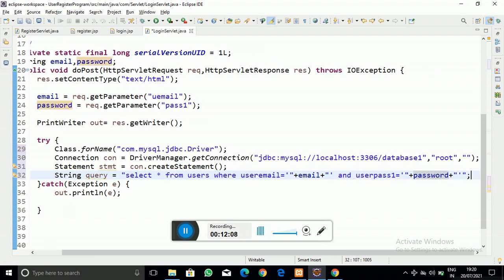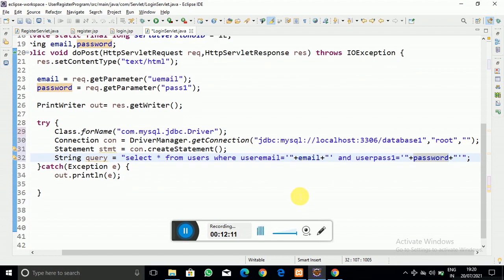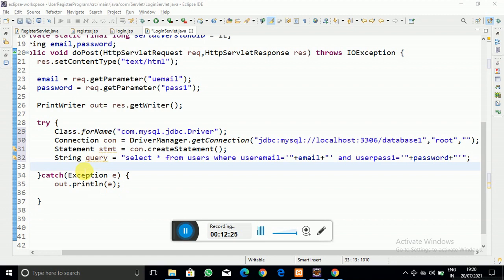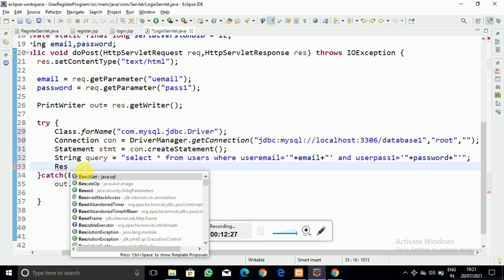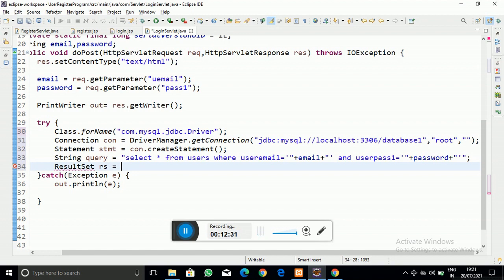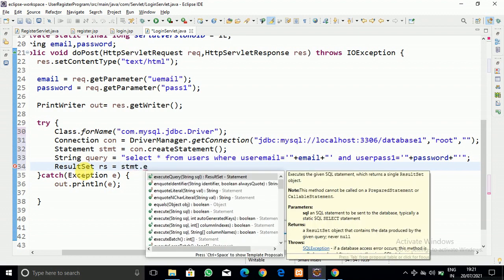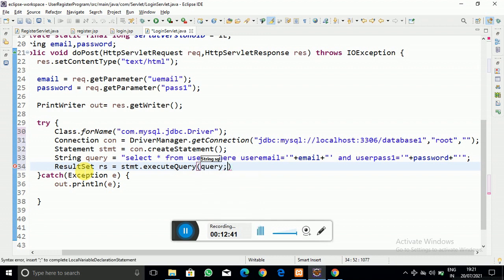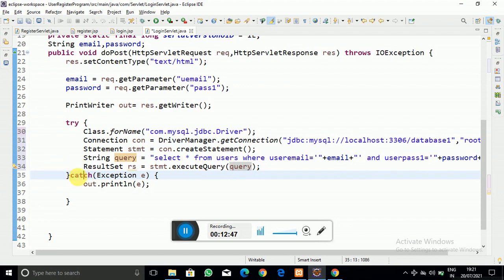So here you can see that this is the query to fetch the values from the database which match the email id and password entered by the user. Now let us create the result set object and execute it by making use of statement dot execute query, and the parameter to that execute query method is our query string which we have previously written.